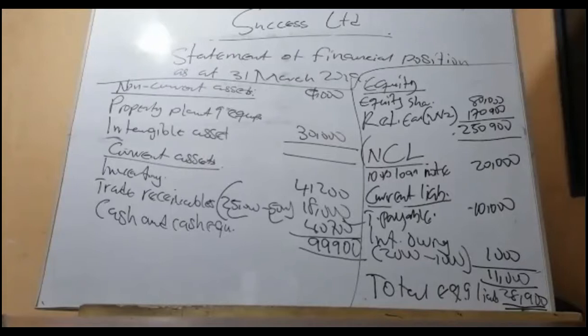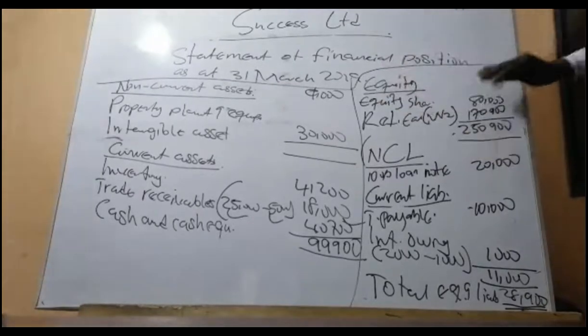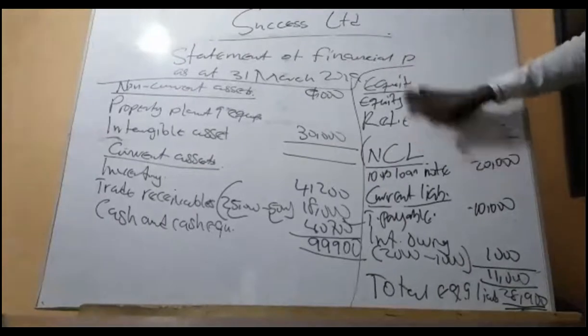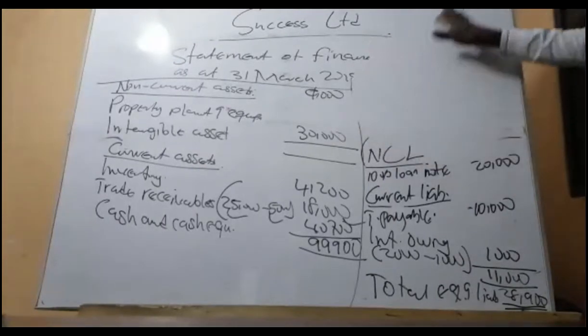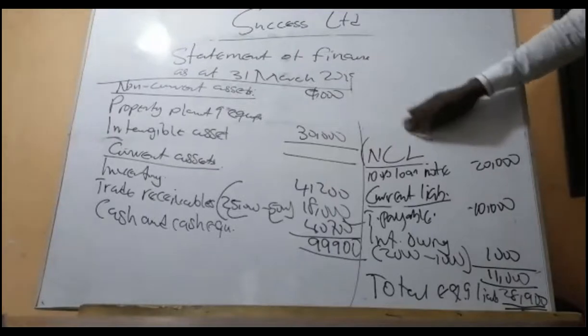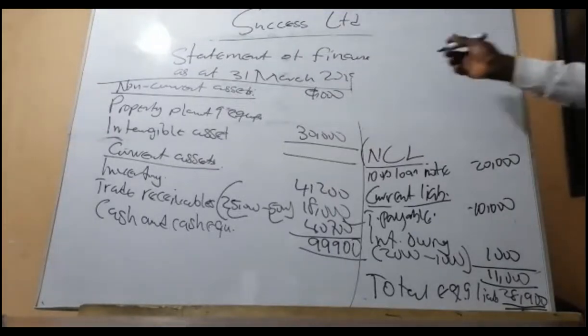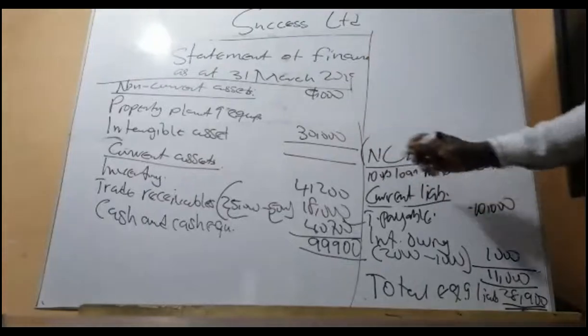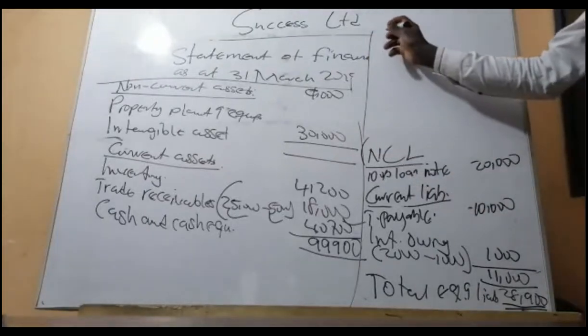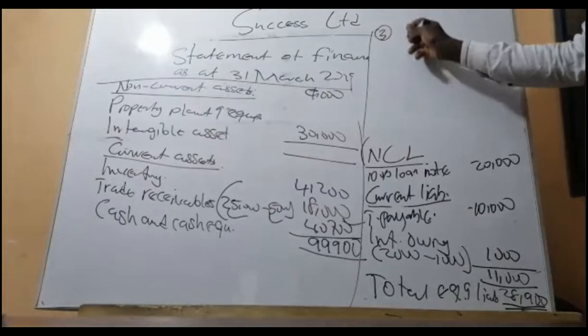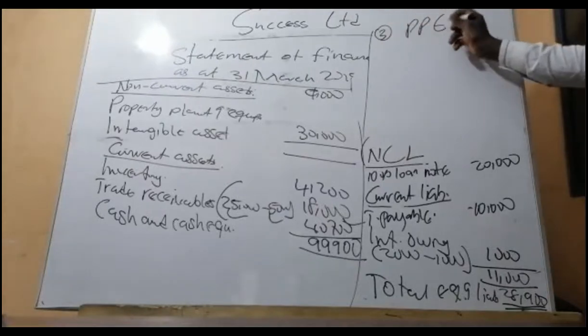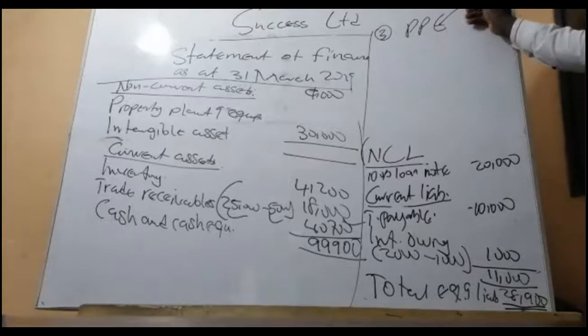Okay, now let's do the workings for the PP. This is how I want the workings to be, or this is how we can do it, a simple version. Just the equity section. I want to do the workings of the PP here. Workings number 3. We will call it PPA. No shortcuts in this one.